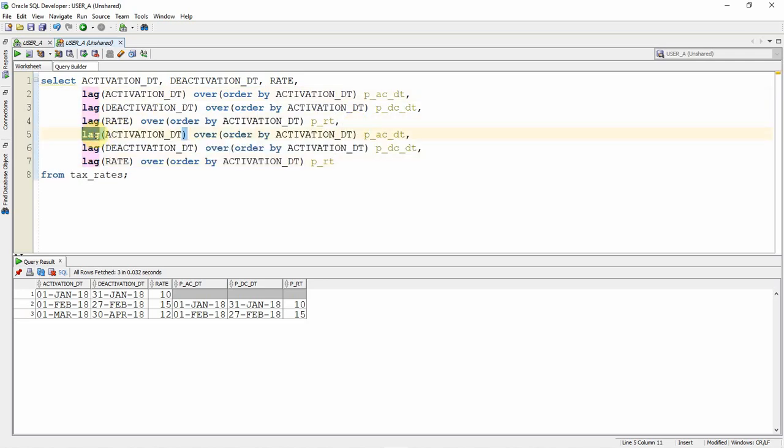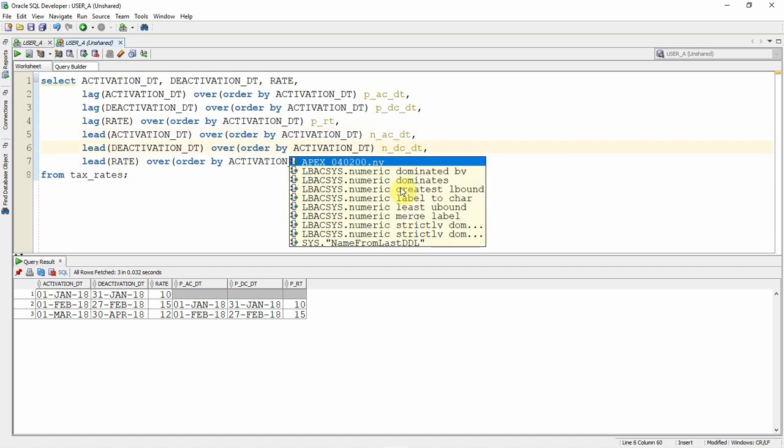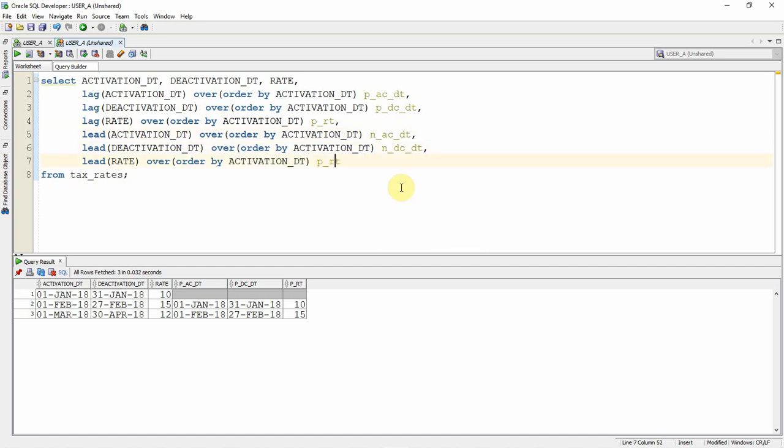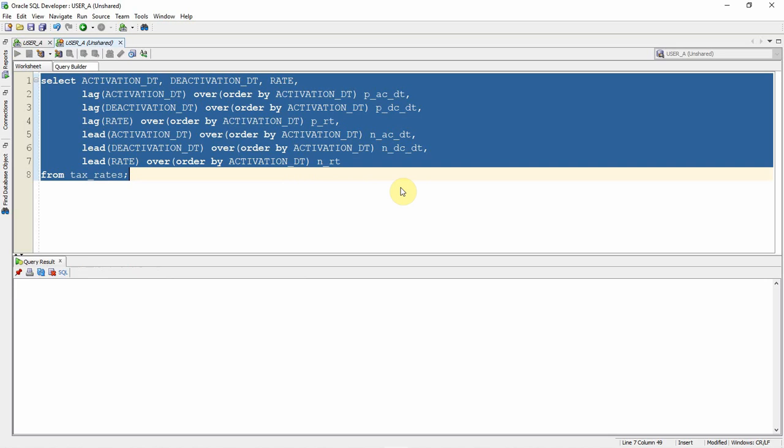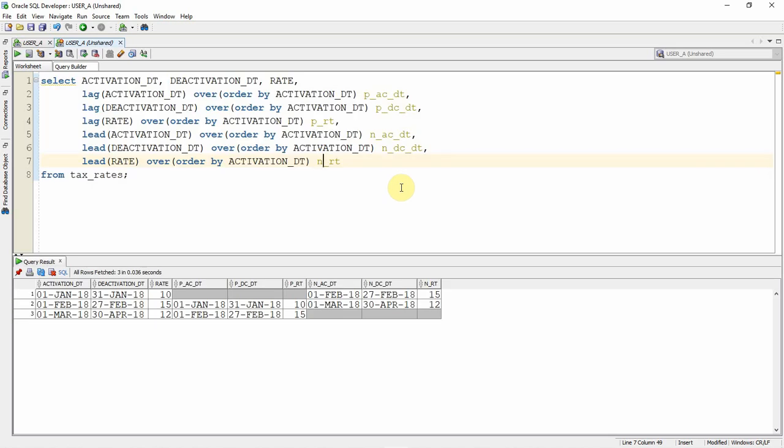Instead of lag, I'm going to use lead. So let me replace it, and alias it like next activation date, next deactivation date, similarly next rate. Yes, so now we got one set of data. Here we are accessing the previous row as part of the current row, and here we are accessing the next row as part of the current row.